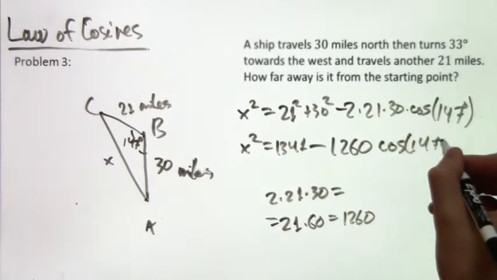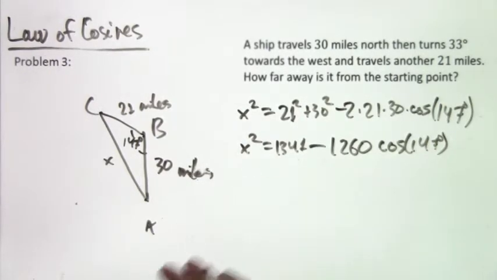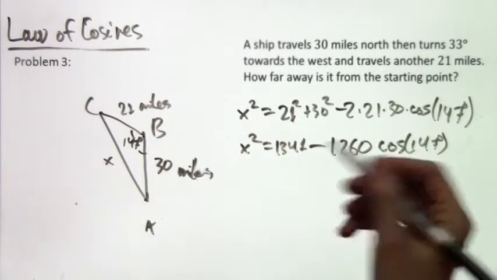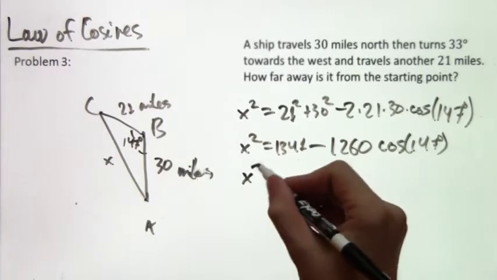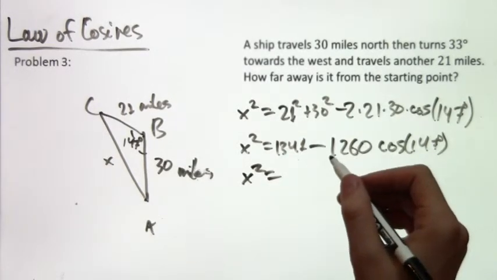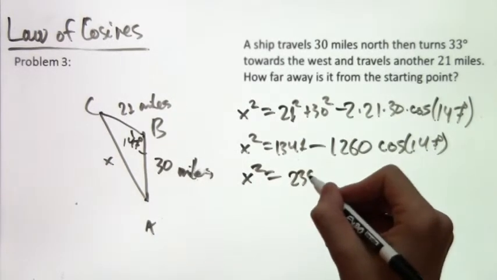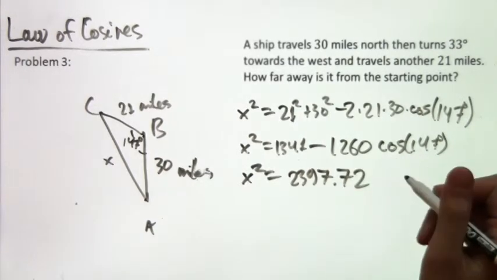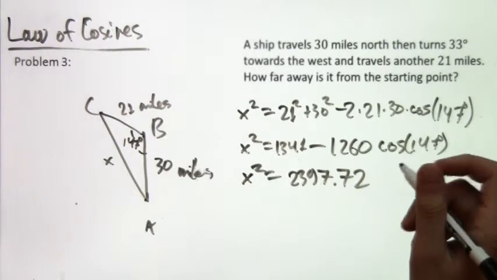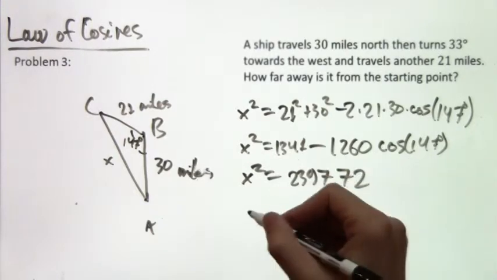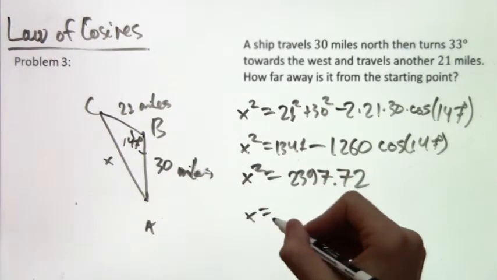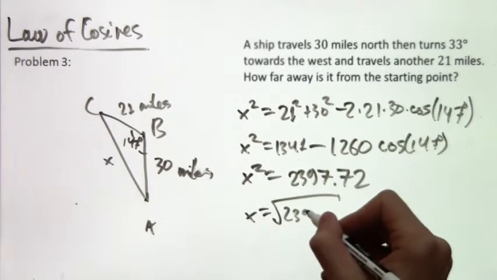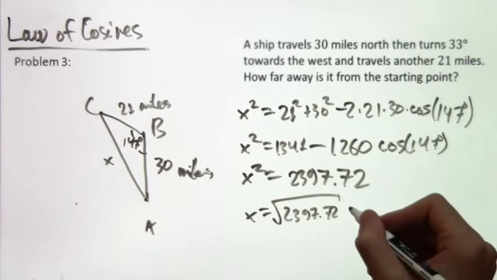Now you have to use a calculator, and we're going to simplify this and get a decimal. So x squared equals, and I've plugged this into my calculator already, and it tells me that this expression is equal to 2397.72. Now we're going to take the square root of that, and that'll give us x. So we take the square root, and I plug this in my calculator, and I get